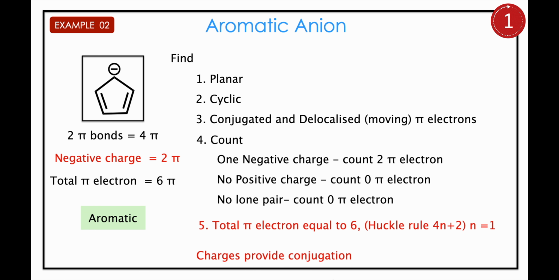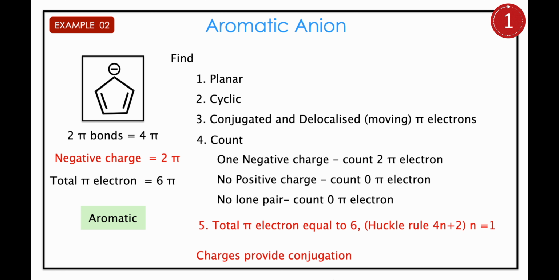We will slowly get into tougher examples. Here the second example is an aromatic anion. The charges are important because they provide conjugation. Here you see the order. The compound is planar, then definitely cyclic, then conjugated with delocalized pi electrons. Negative charge helps for delocalization. Count the pi electrons. There are 2 pi